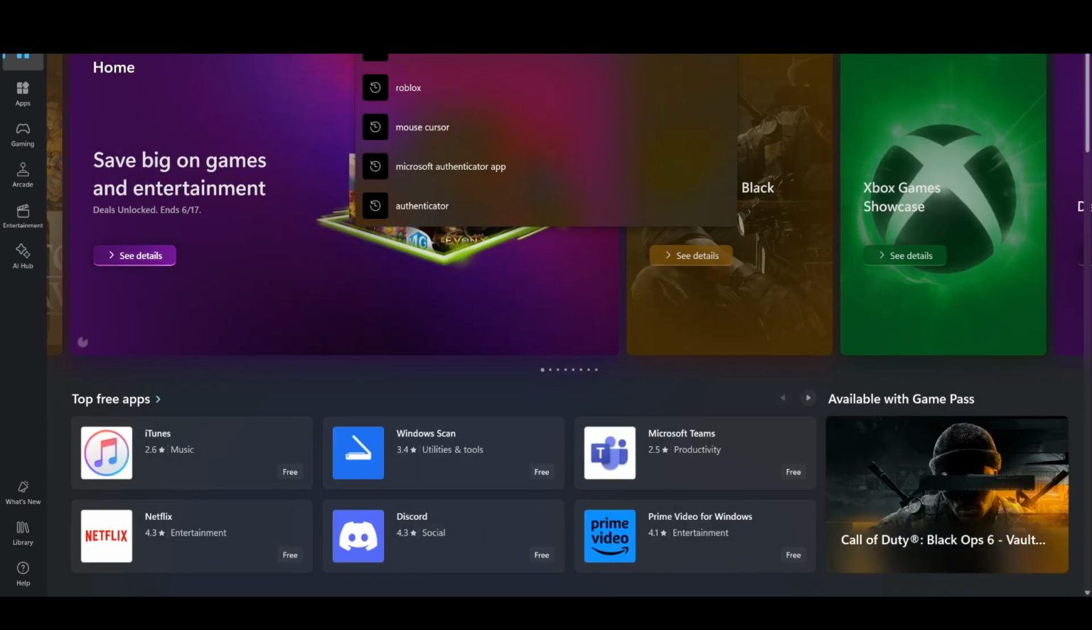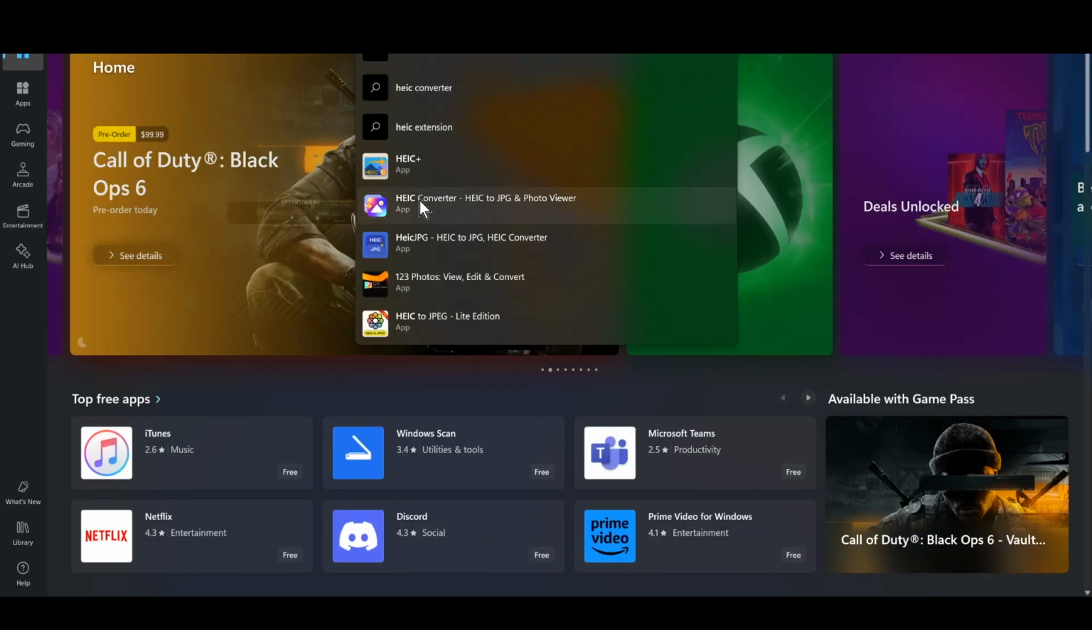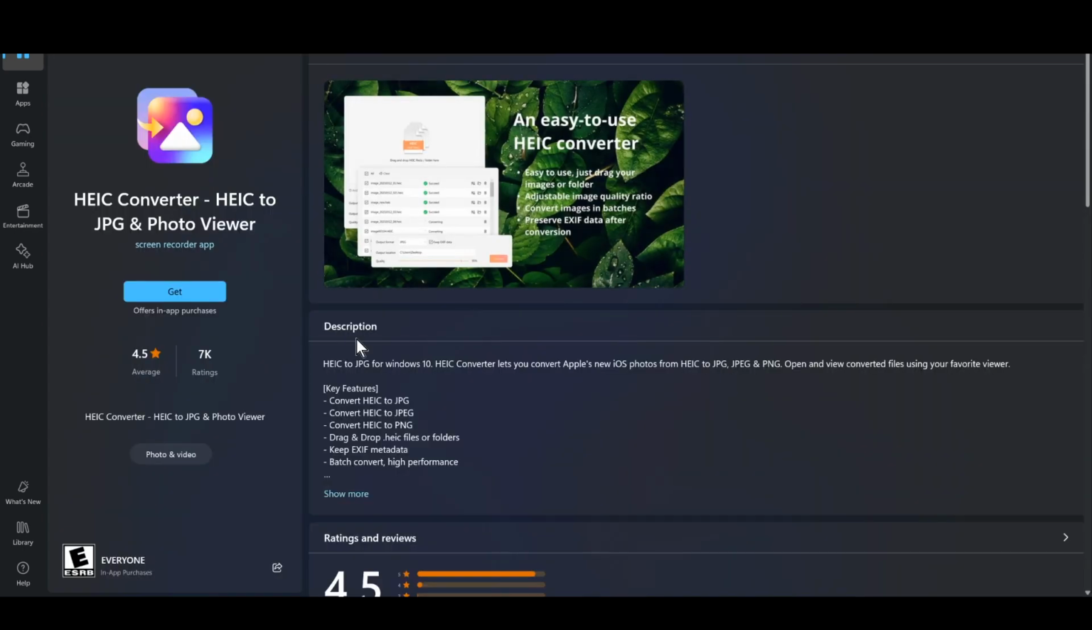using and make sure to download Microsoft Store. Then you just need to search for HEIC converter and go for this one. You can simply click on the get and install it. It's a hassle-free process. So as you can see, it can convert HEIC to JPEG and JPG and PNG at